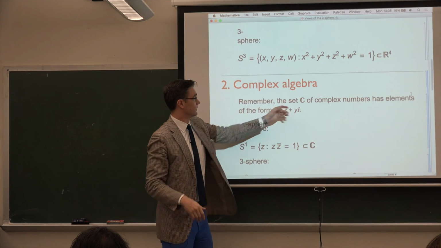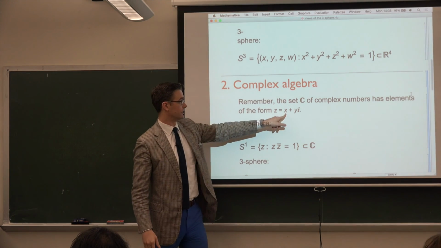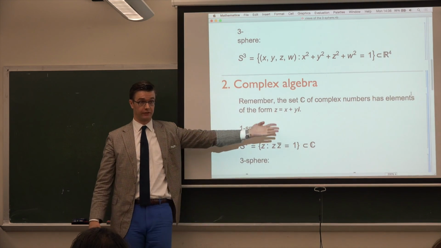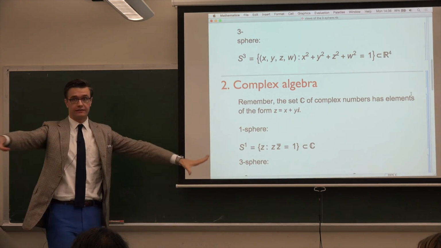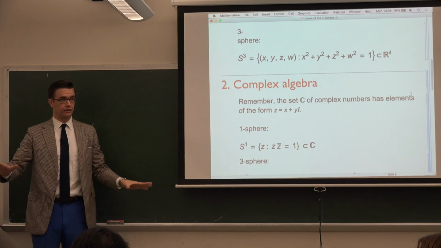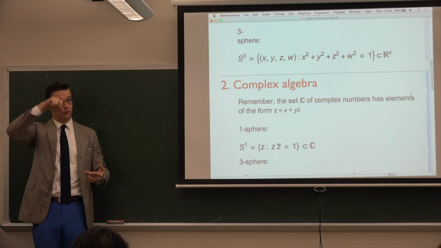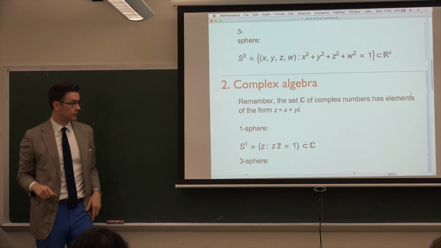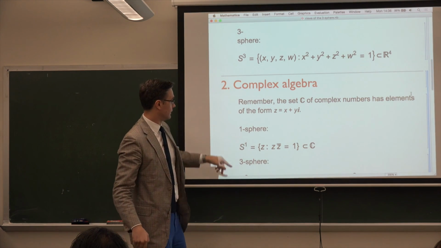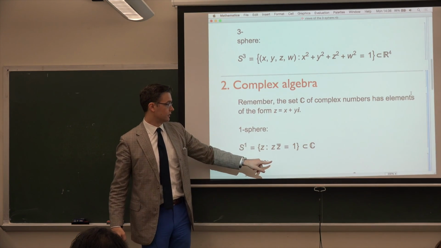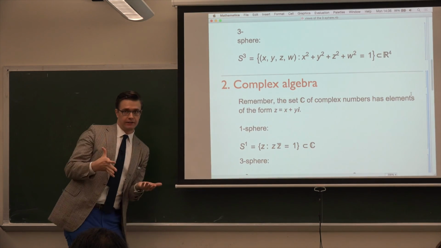So first off, the complex numbers just look like a real number plus a real number times i, where i is the square root of -1. And we can visualize the complex numbers as the plane, where you think of the real part of the complex number as the x-coordinate and the imaginary part as the y-coordinate. And if you do that, then the circle is the set of complex numbers